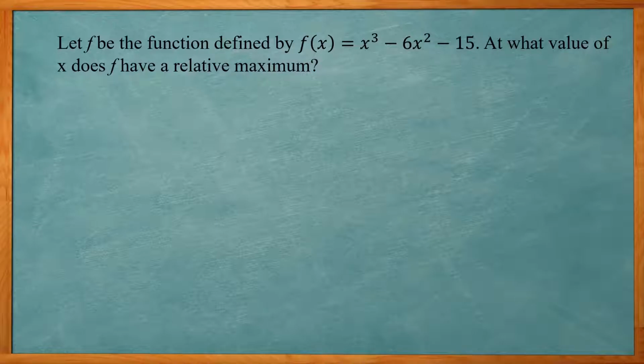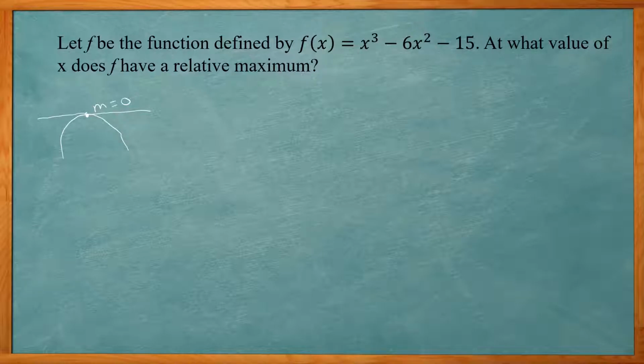Now if we look at a curve like this, relative maximum would be the highest point in that interval. And if we were to draw a tangent line at that spot where it hits at that very maximum there, that line would be horizontal and have a slope of 0. Remember, if we take the first derivative of the function, that will give us the slope of the tangent line